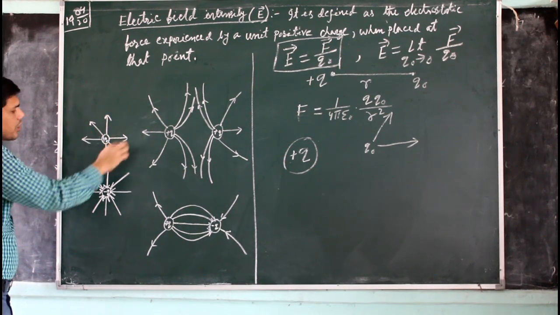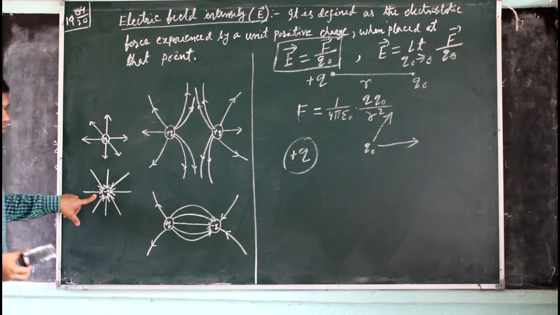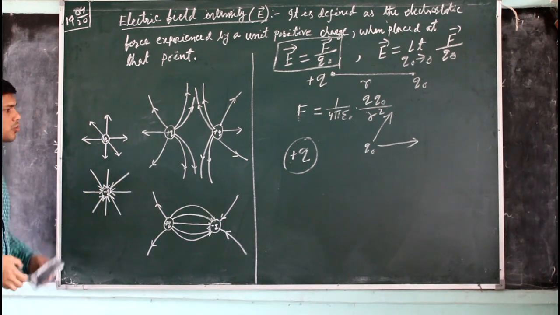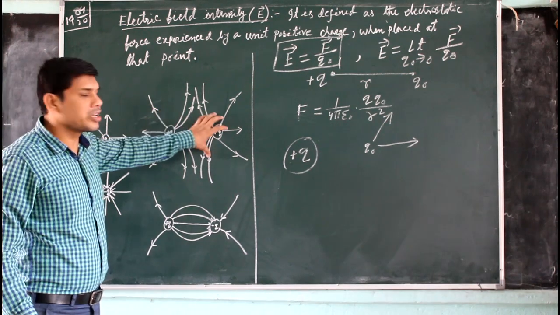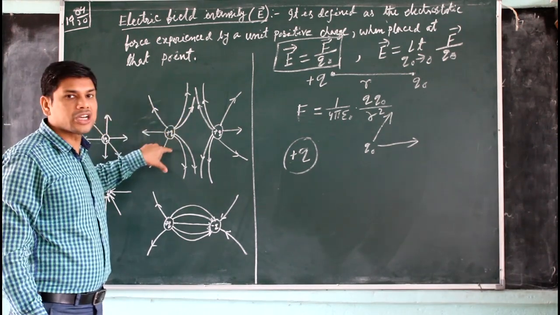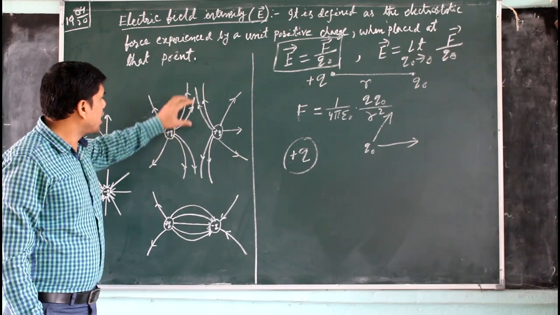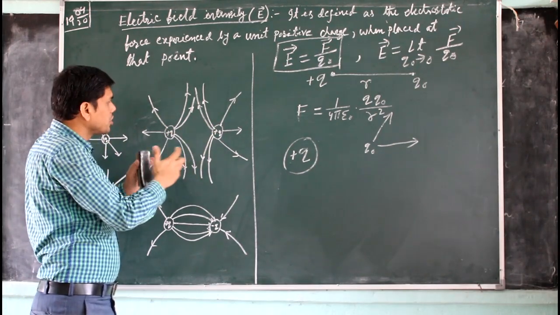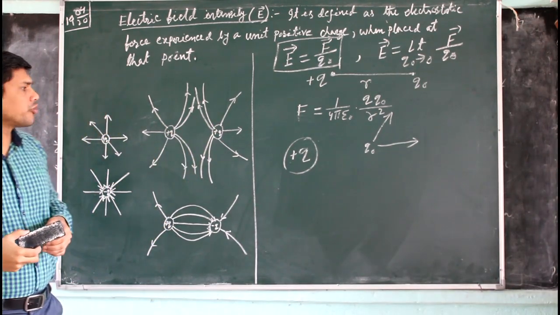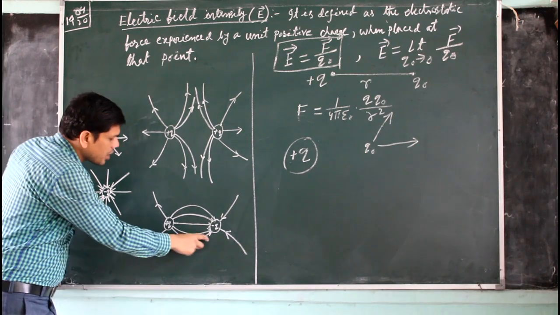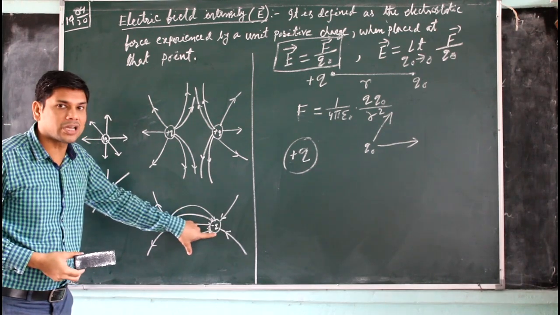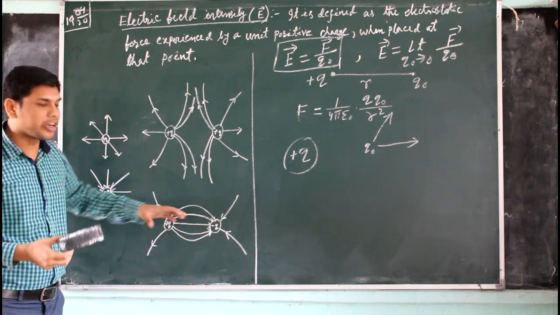So this shows the electric field lines due to a positive charge. This is the electric field lines due to a negatively charged body. All the electric field lines are terminating on this negatively charged body. This is the electric field lines due to two positive charges which are close to each other, and due to these field lines, these positive charges experience a repulsive force on each other. And this is the configuration of electric field lines due to a positively charged body and a negatively charged body when both are placed very close to each other.